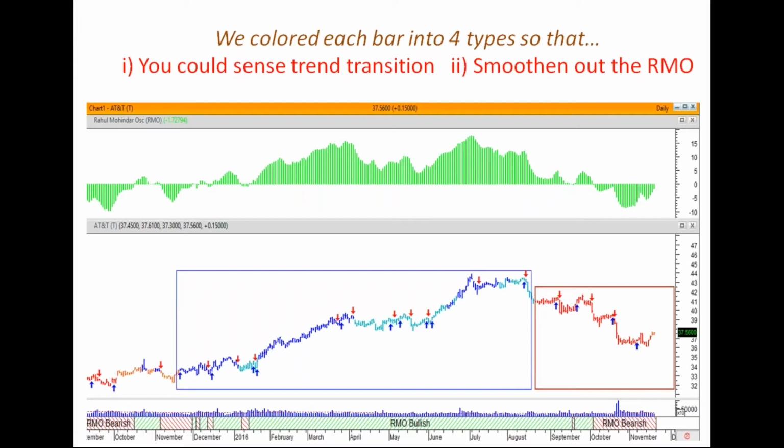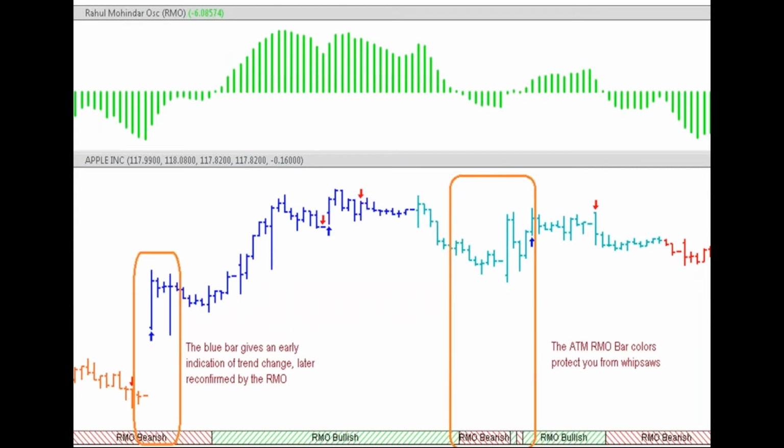And when you use this system, it so nicely tunes in. So once you use the super filter, I can tell you'd really enjoy the process of understanding trend transitioning and the fact that it can smoothen out the RMO signals itself. So to recap, here's another example of smoothing. You can see it goes from bullish to bullish, but it's all blue here. It doesn't knock me out in terms of the trade.